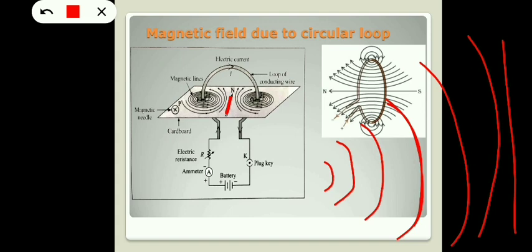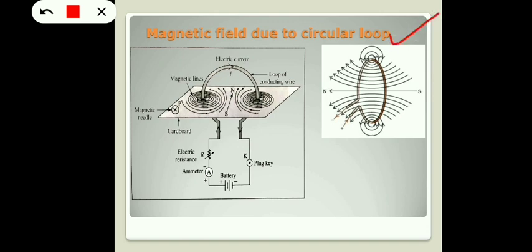Actually, it is not a straight line. It's still a circular loop. Due to the bigger radius, it appears to be a straight line. And if you consider this figure, this is also one figure in your NCERT textbook. So this figure also represents the same thing. See, at the opposite ends of the circular coil, the direction of magnetic field lines will be in the opposite direction. That means here it is in the clockwise direction and here it is in the anti-clockwise direction.